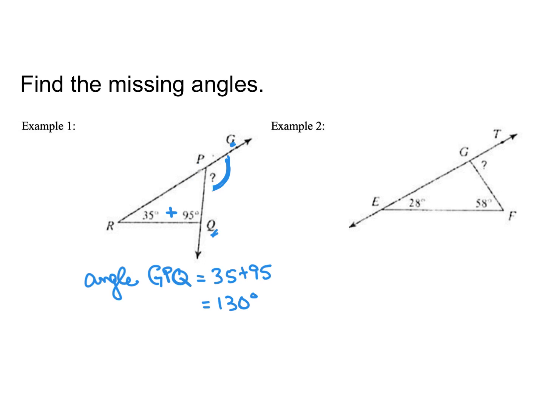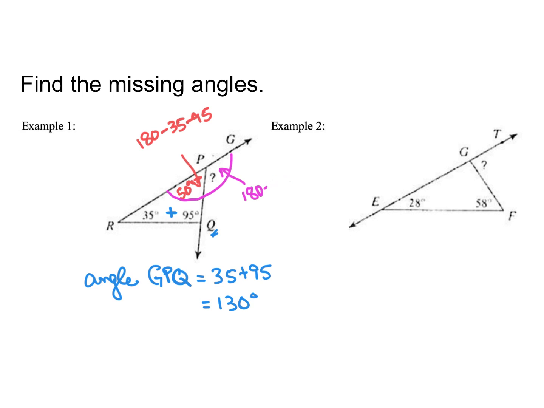We can also work through this way, where we find the interior angle, this one here. So we can do 180 minus 35 minus 95. This is 50 degrees. And then we can look at it as the 50 plus the one that we're looking for also adds to 180 degrees. So I can do 180 minus 50, that's my bad,